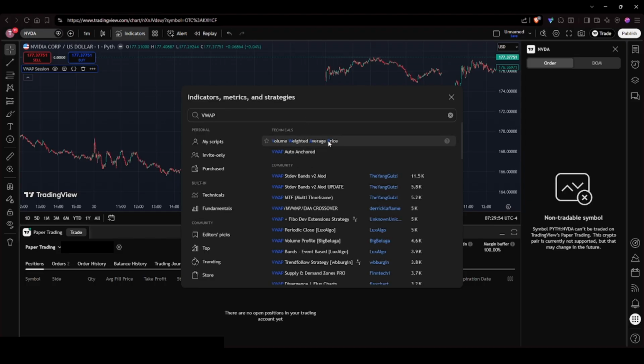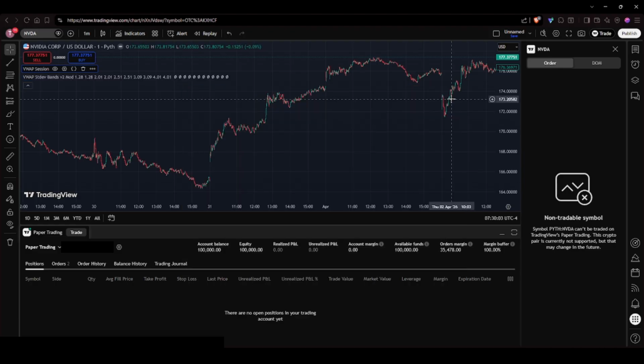Now that you know how to set up and use VWAP on TradingView, you can enhance your trading strategy with this valuable indicator. Practice using VWAP in different market conditions, and remember to combine it with other technical analysis tools